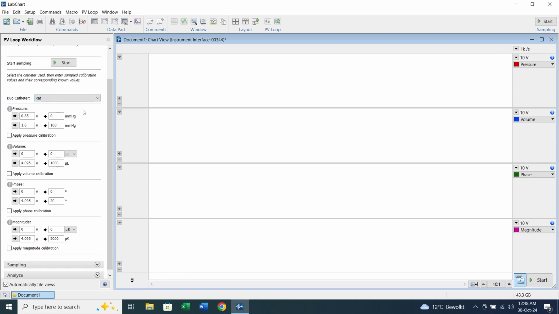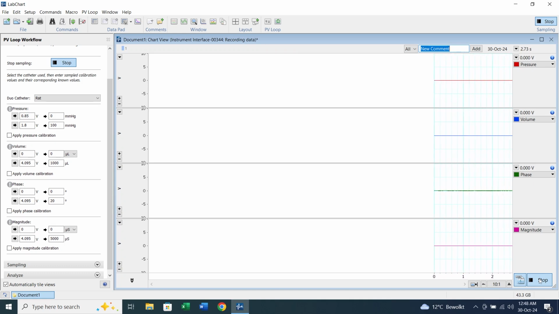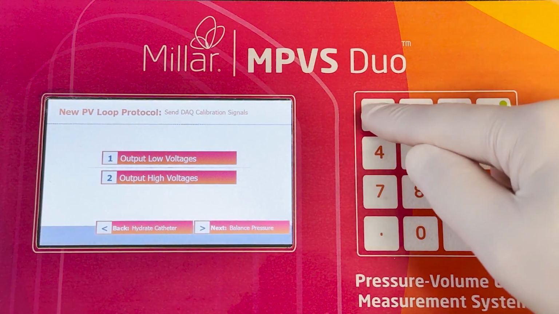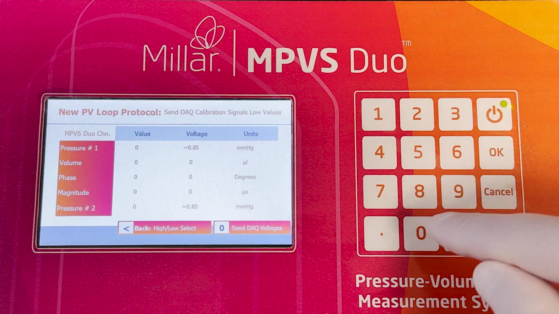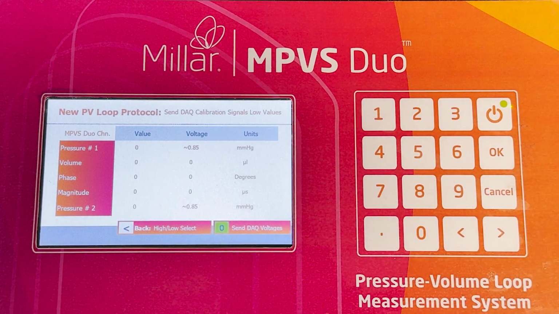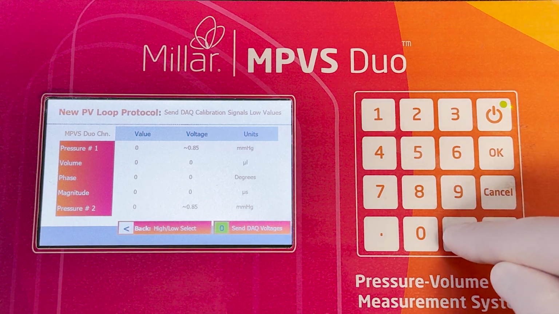It is suggested to use actual voltage values from the MPVS Duo, as there could be variation between systems. To do this, start LabChart. Then on the Duo, press 1 to go to the low voltages screen. Next, press 0 to output this to LabChart. Record for a couple of seconds and then press the left arrow on the Duo to go back to the